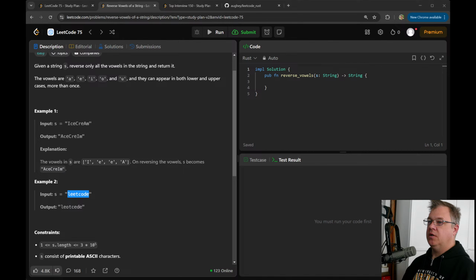Any of those vowels, enter any of those. B is C. Just going to move that there.